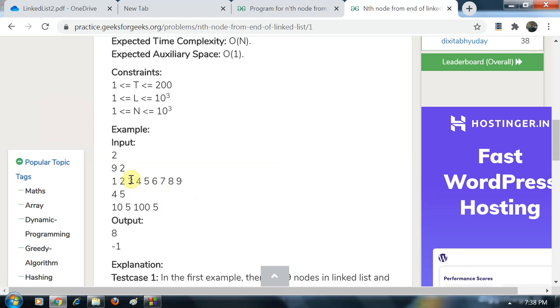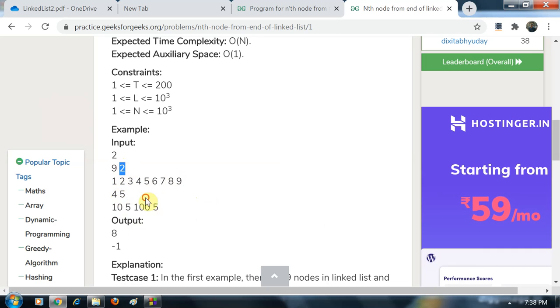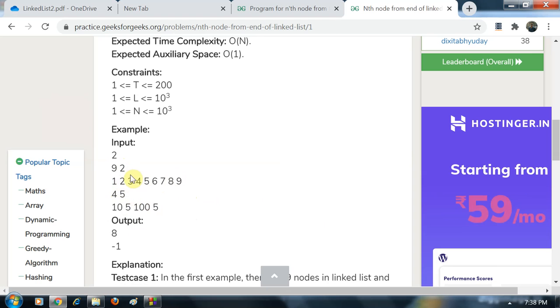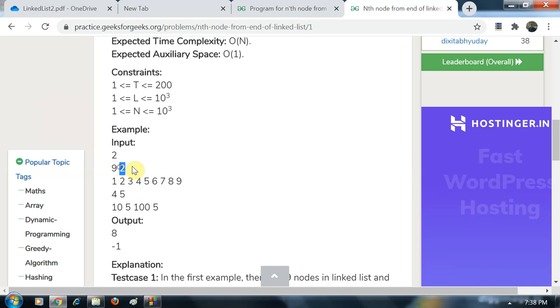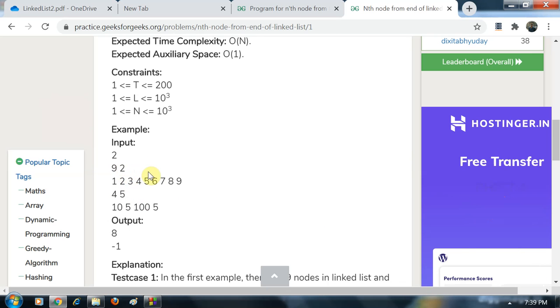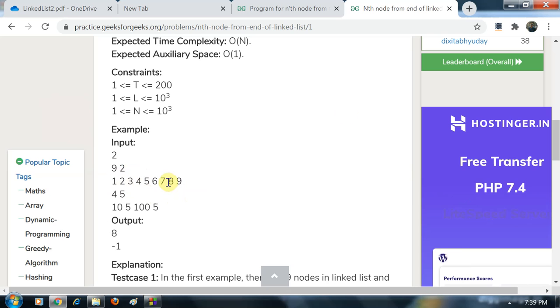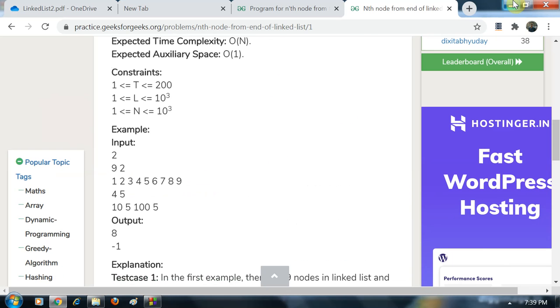So we are incrementing a pointer. Suppose this is 2, so I increment my p pointer 2 times, then I start my q pointer from the start and increment the q pointer, then simply it will reach this. This is the solution of our program.